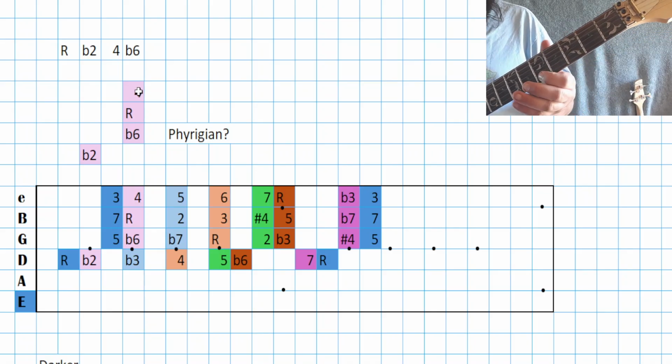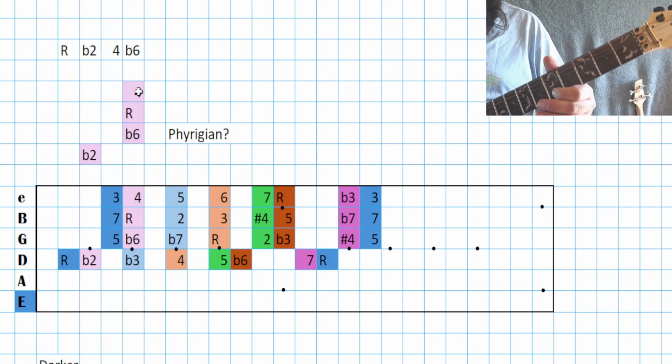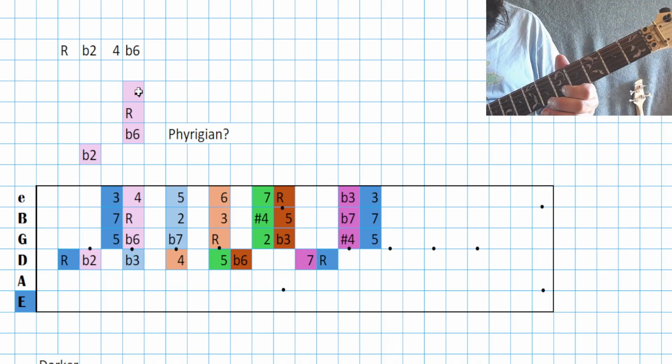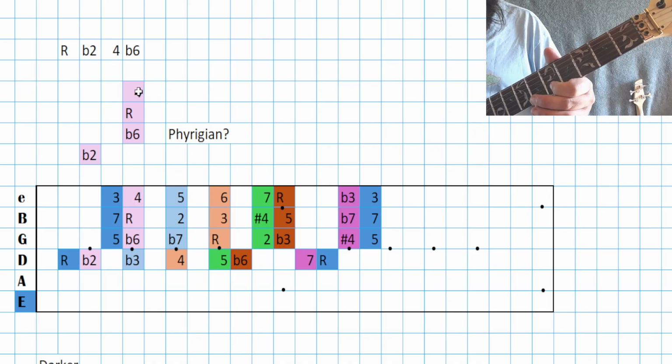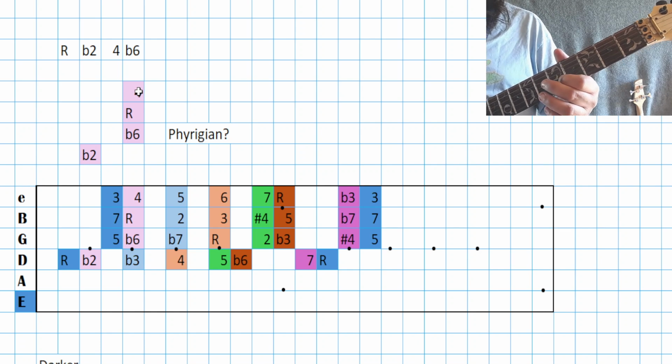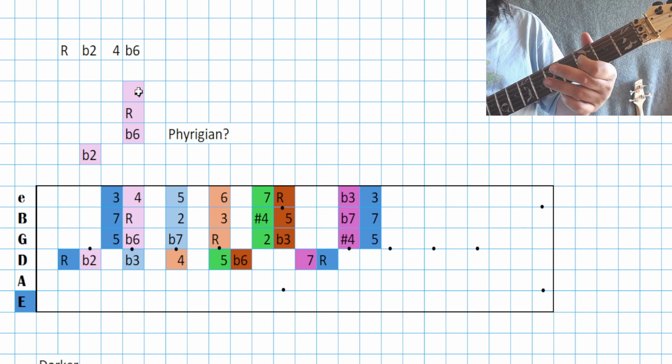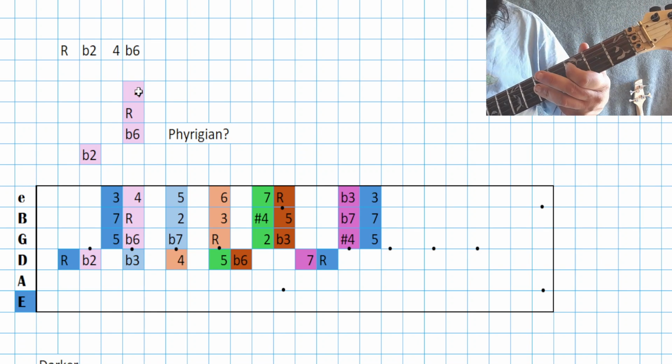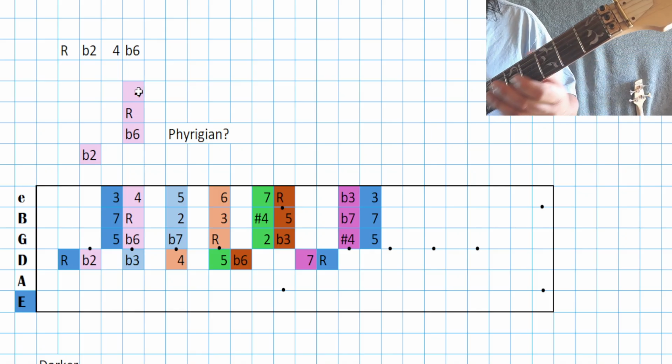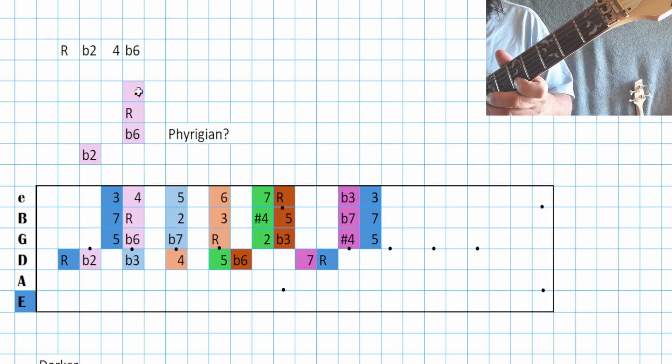So this note here, the 4, can kind of fit in with the minor crowd and the major crowd. So it's kind of a little placeholder note. But as we showed you earlier, it has its way to